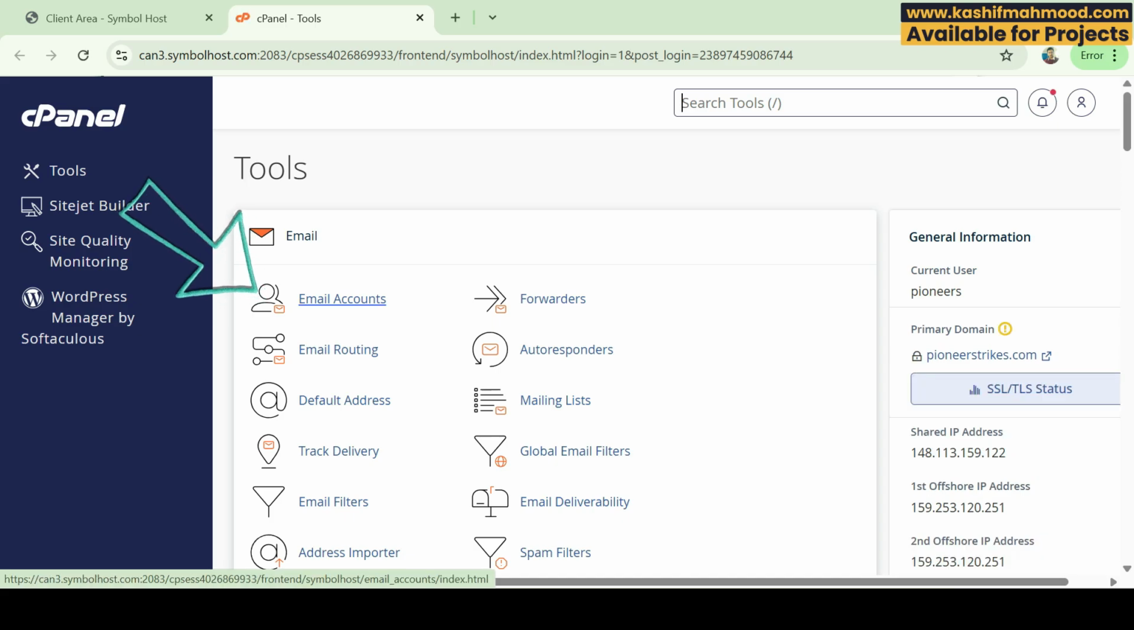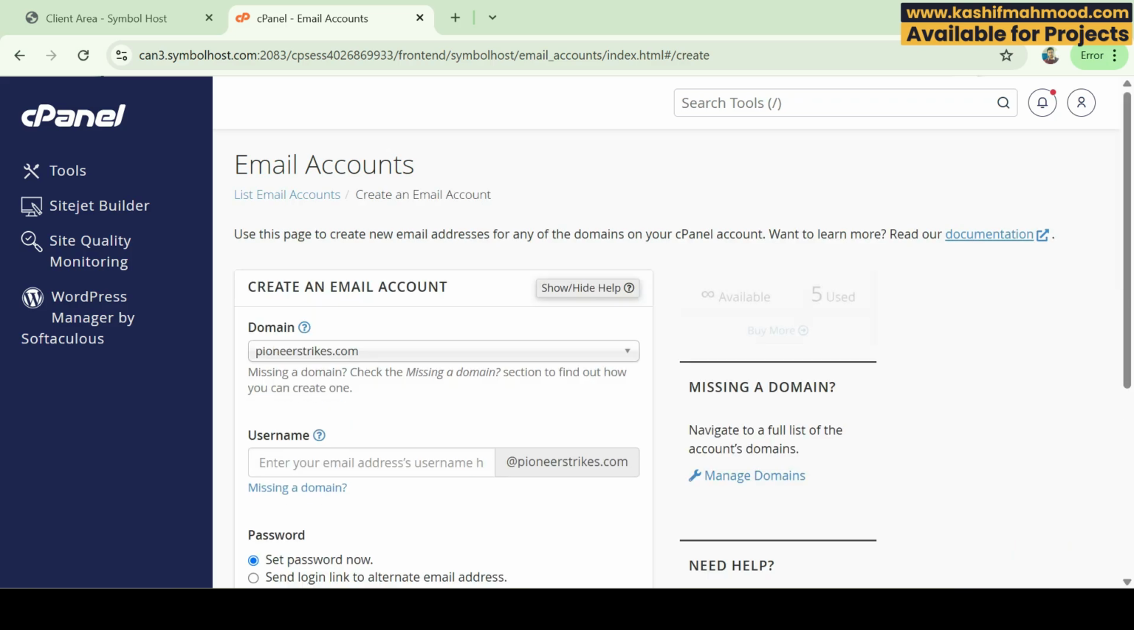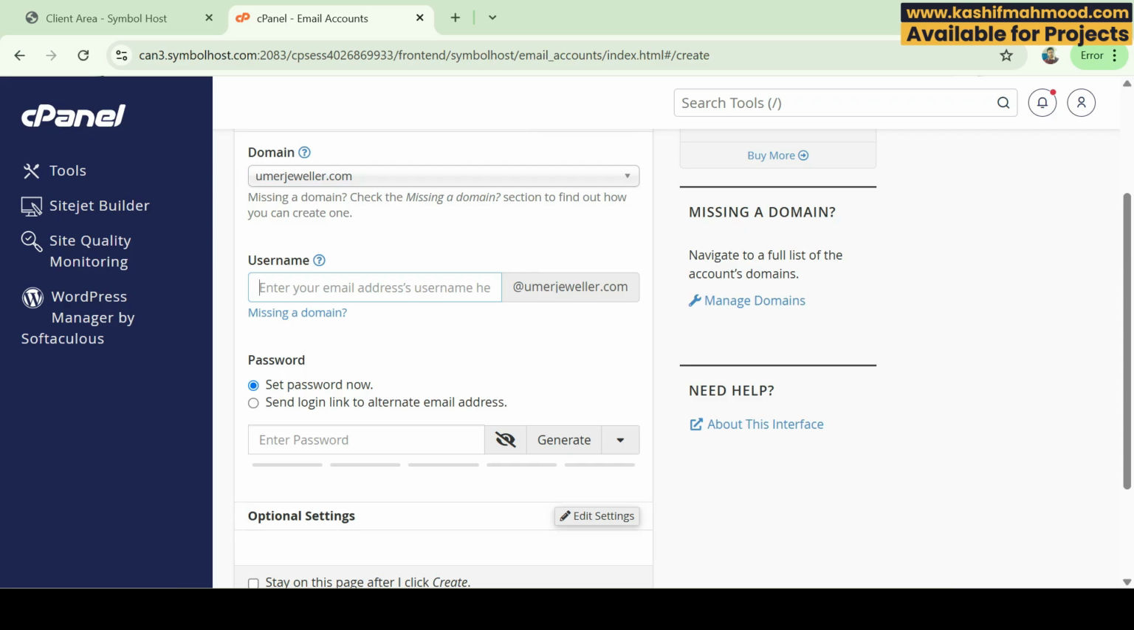So here is the email account option in cPanel. Because I am using cPanel hosting, I have this option inside my cPanel, and here we have to click on create to create a new email. Here you can select your domain name, and here you can write any username. For example, I can write info, so the email will be like